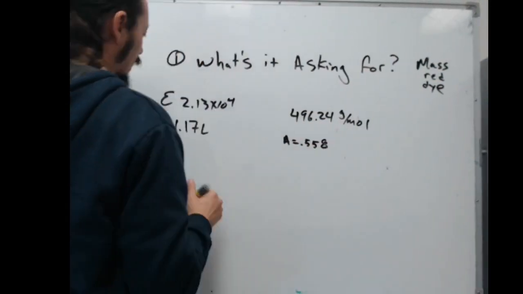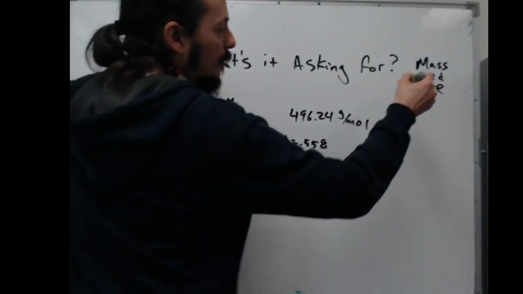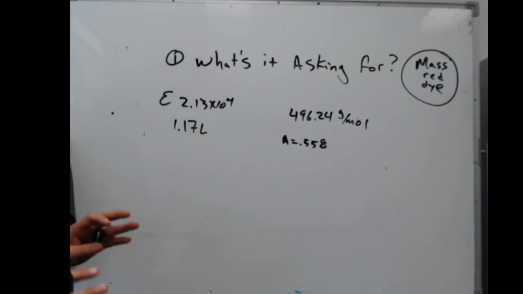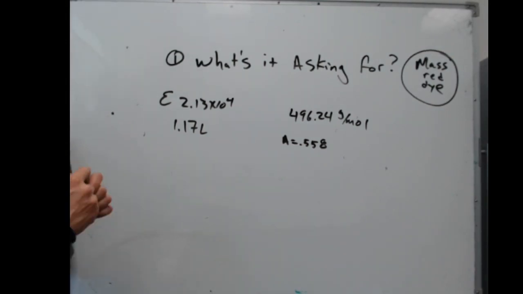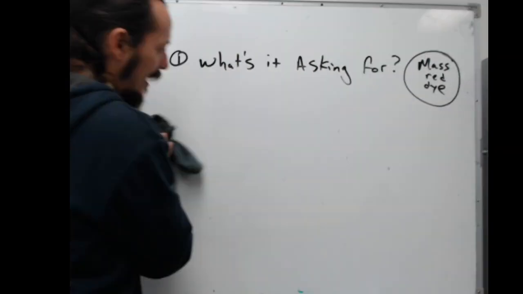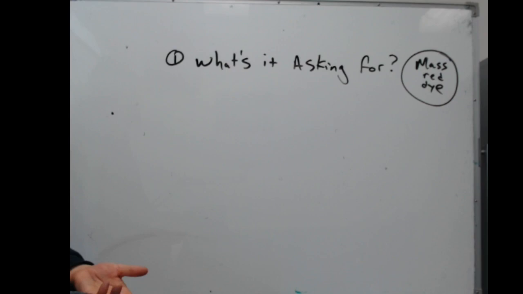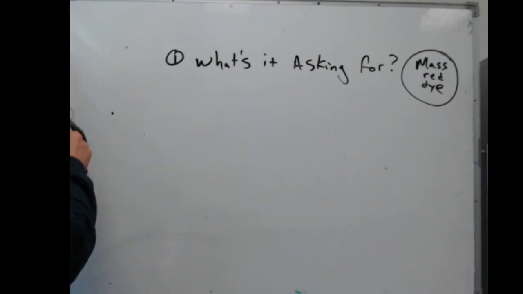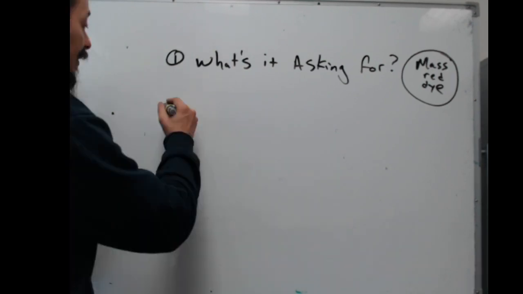Okay, I'm actually going to erase all these things that I've just wrote down. The main thing is mass of red dye. That's what the question is actually asking for. So that's the first thing. This stuff is kind of getting at part 2. And I just have the habit of writing those things down as it goes. I couldn't even stop myself, even though I knew I wanted to stop myself. Because step 2 is